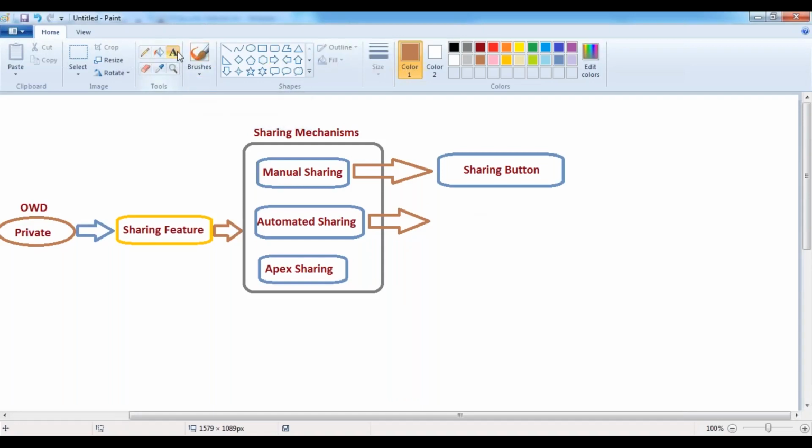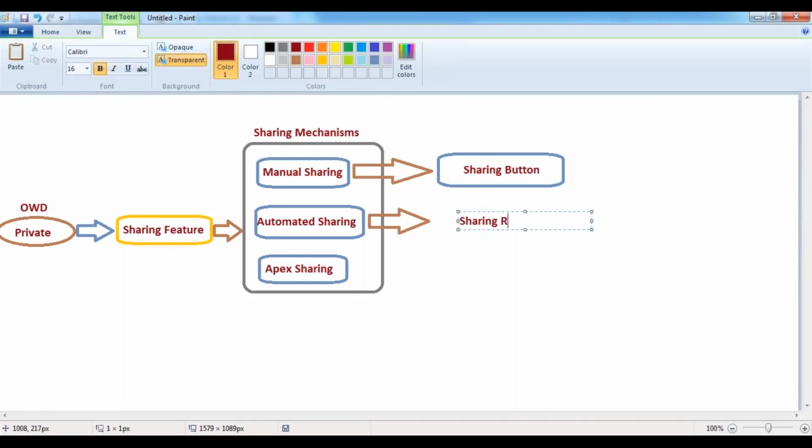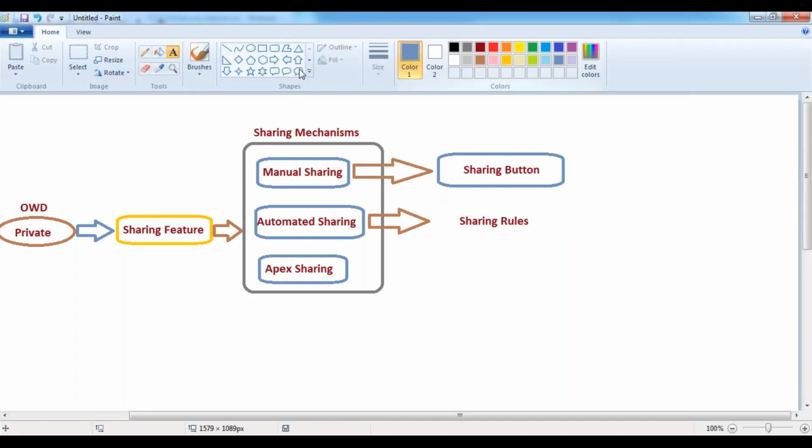Similarly, to share the records, Salesforce provides a feature called sharing rules. With the help of sharing rules, we can share the record to whomever you want.